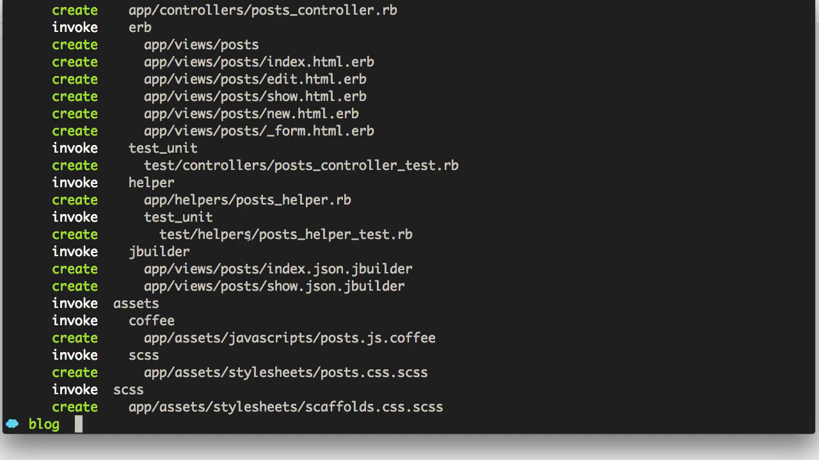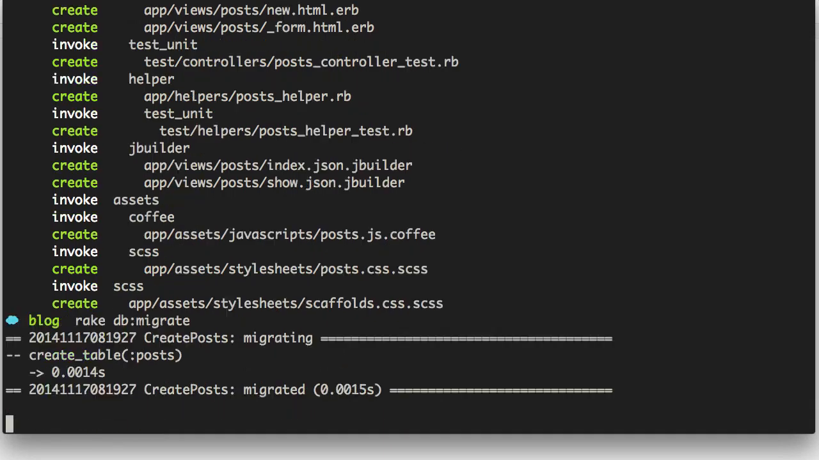So we'll go ahead and run rake db:migrate, and that's going to migrate our database. As you can see, it created a table within our database titled posts. Did that in 0.0014 seconds. And if we take a look at our schema here, which is basically how Rails keeps track of our database, if we take a look at that using less db/schema,